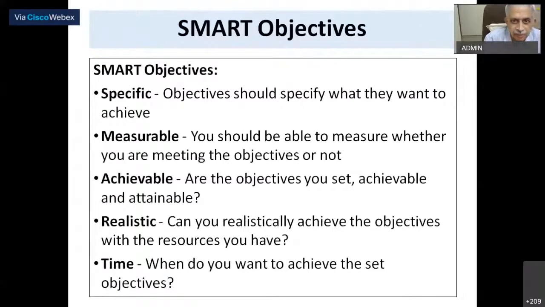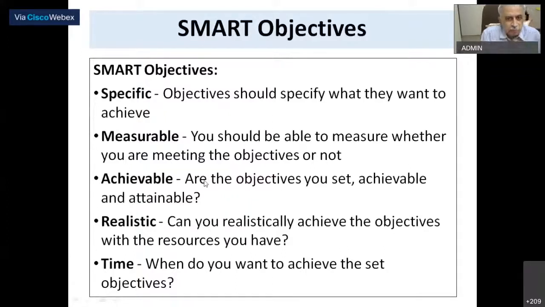So it is said that objectives should be SMART, S-M-A-R-T. S is for specific. So the objective should be very, very specific, because unless it is very specific, it cannot be measured. So it should be measurable. Whatever objectives you make, they should be measurable. There should be some method in your methodology for how to measure whatever you want to check.